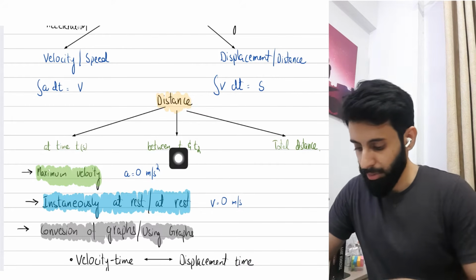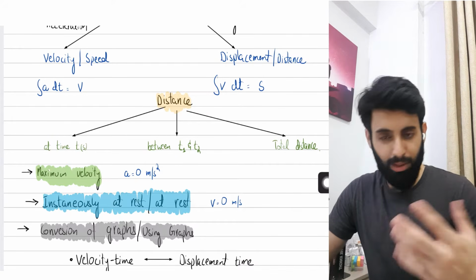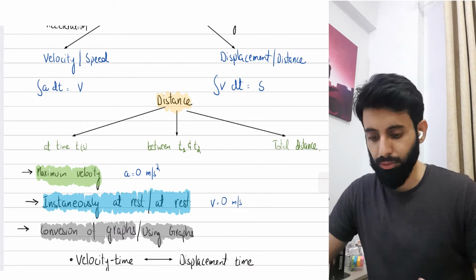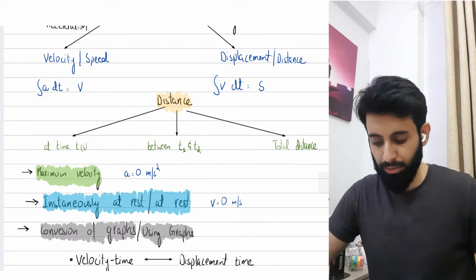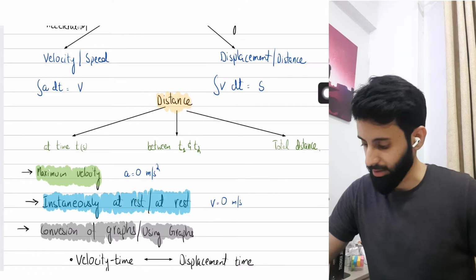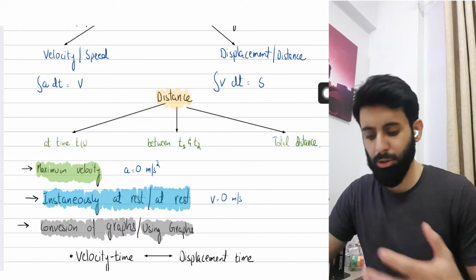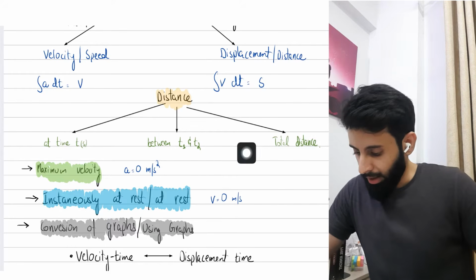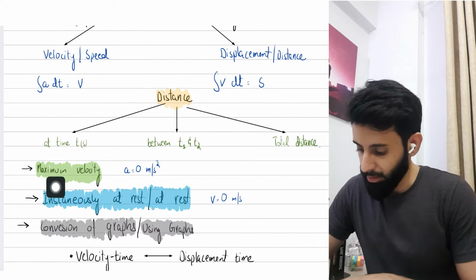Okay, you could be asked to find the distance traveled between two values of time, like for example from t equals 2 to t equals 4, or from 3 to 5, or you may be asked to calculate the total distance, or in some cases you may be asked to calculate the distance from the starting point. Okay,